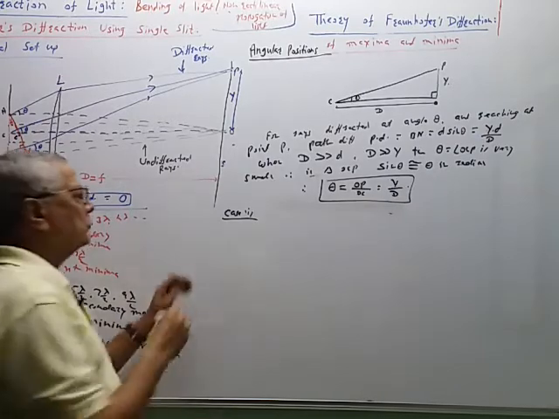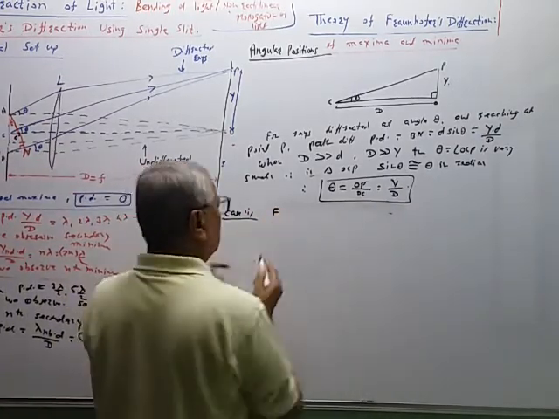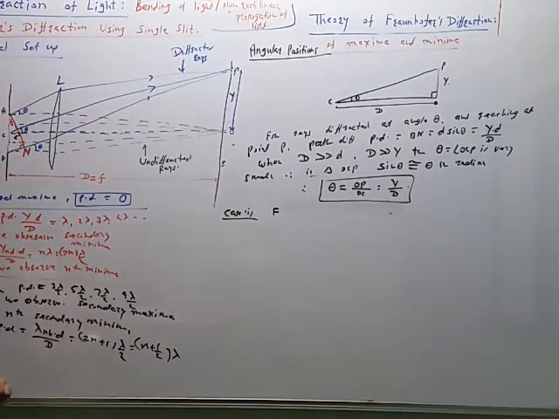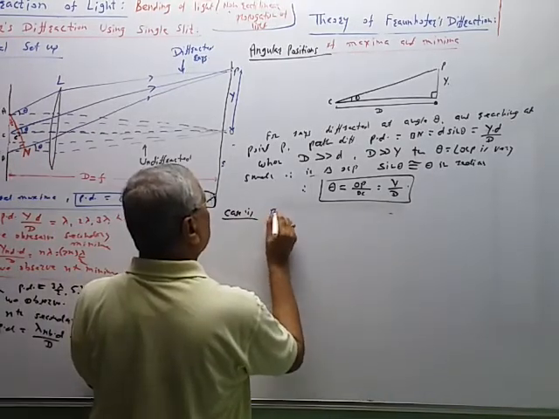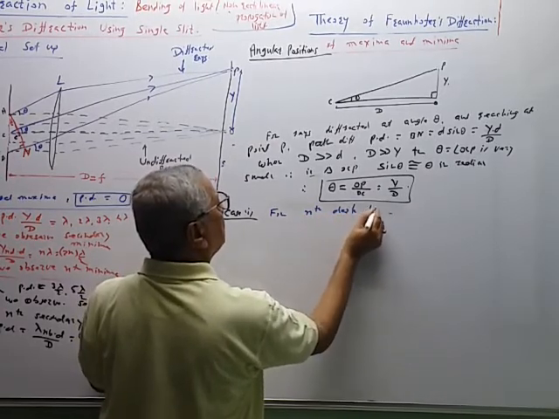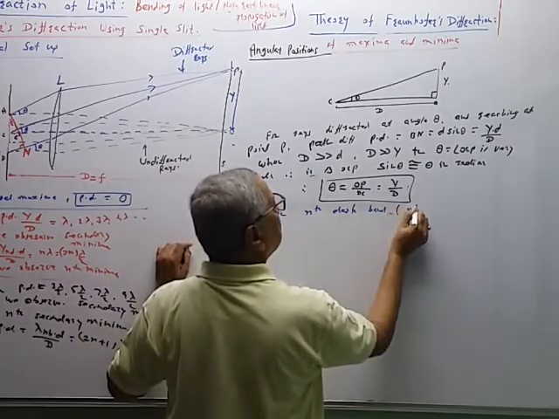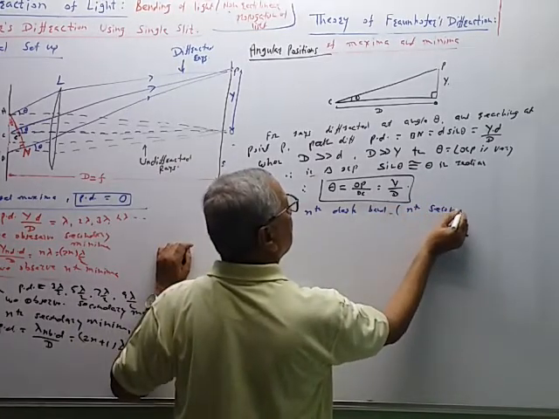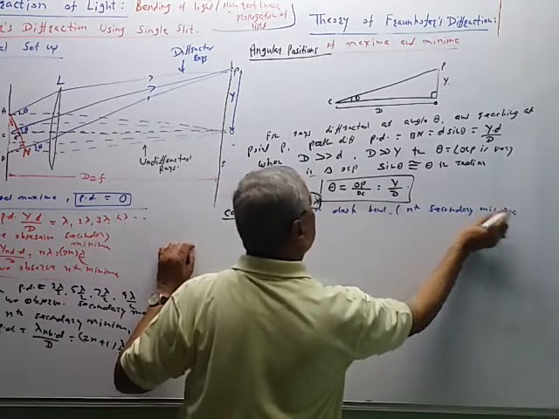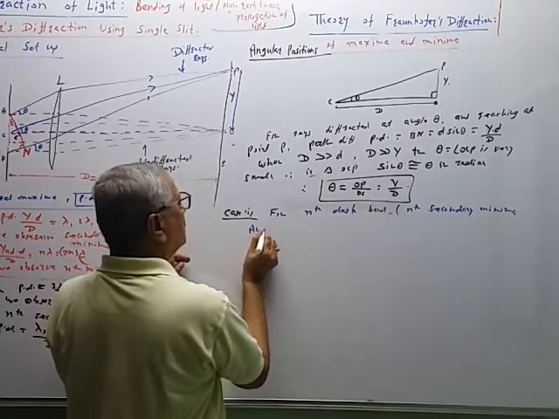For central maxima, so for nth dark band or for secondary minima, for nth dark band, that is nth secondary minima, nth secondary minima, angular position